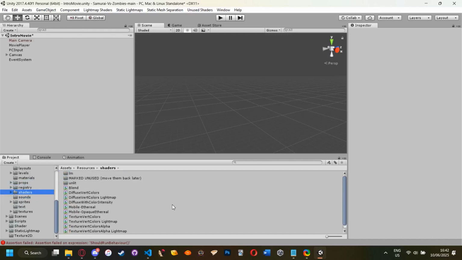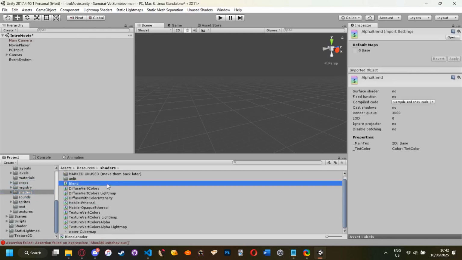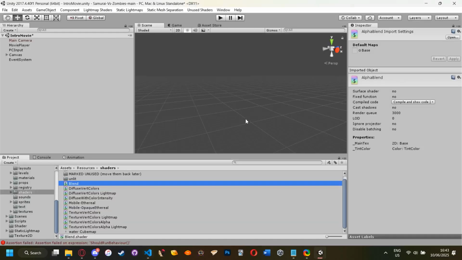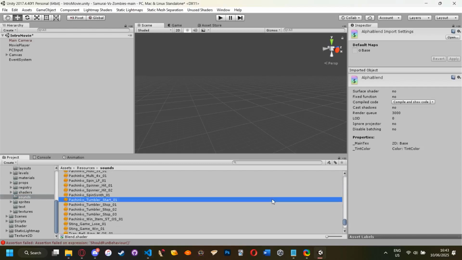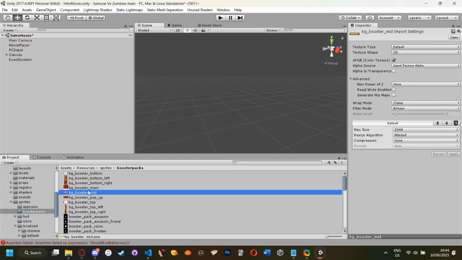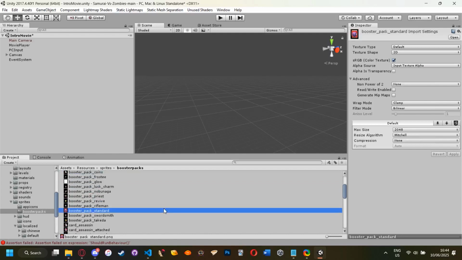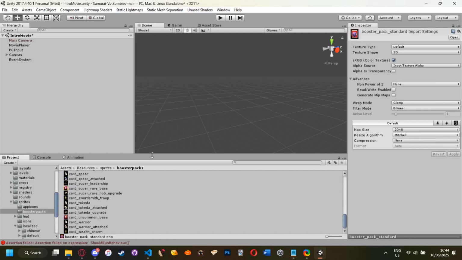The shaders, if you are at all skilled with shaders, then you can mess around with these shader scripts. They do follow their own Unity shader programming language, so if you want to expand the game's graphics and shaders, then definitely mess around with that. You have a sounds folder with all of the game's audio. The sprites folder, as I showed before, just has a bunch of textures and images for the game's GUI, the graphical user interface. So basically anything that's 2D and on the screen and not actually in the 3D game,